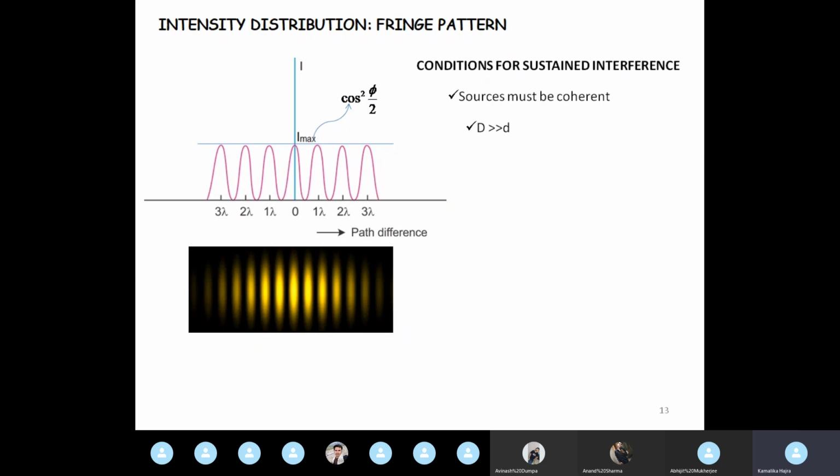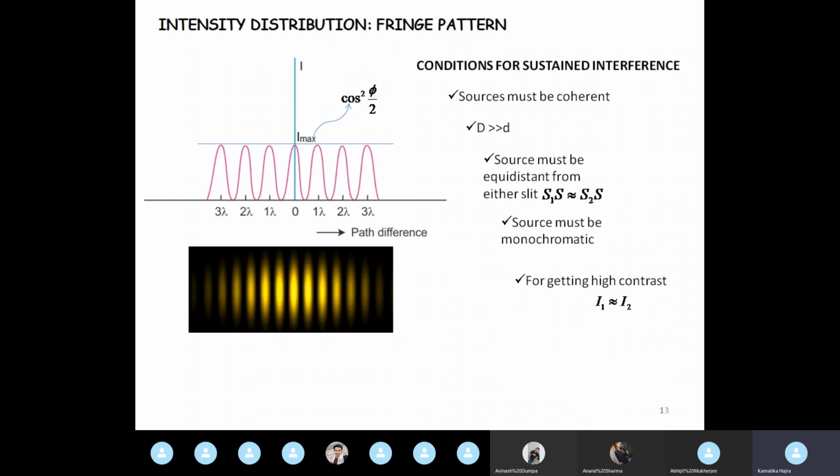The distance between the screen and the slits, that is the sources, must be fairly large. D must be much greater than the distance between the sources. The sources themselves, that is the virtually coherent sources, must be equidistant from the main source, the original source, and the source must be monochromatic so that we can see the fringes distinctly, otherwise there will be overlapping of the